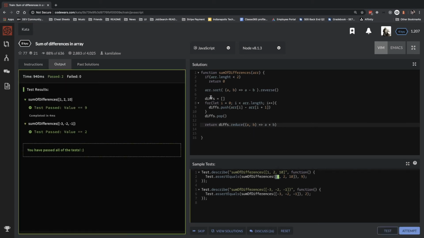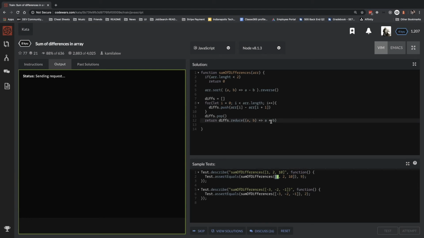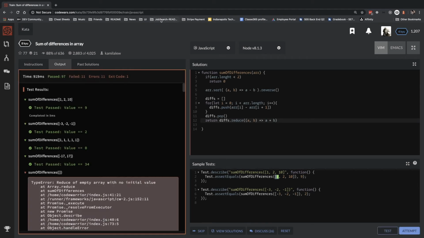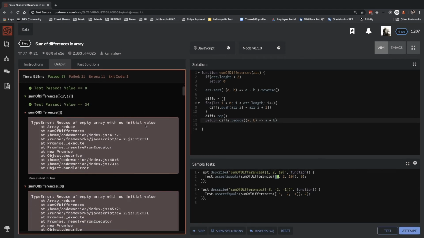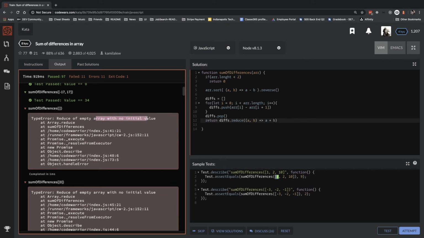Cool. Did I have any console logs in there? And it doesn't look like it. Clean enough. Let's make an attempt. Fingers crossed. Oh no, we have failed 11 tests. Reduce of an empty array with no initial value. Well, how did that happen? So if, then return,